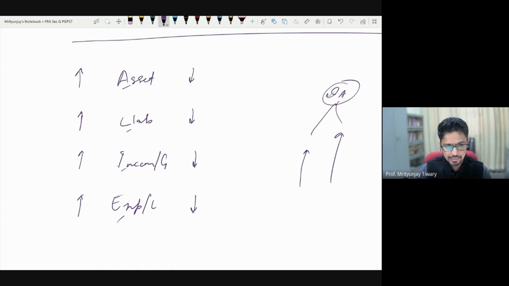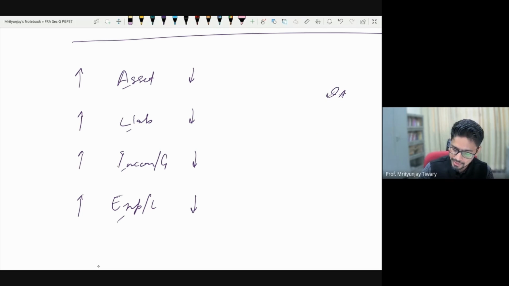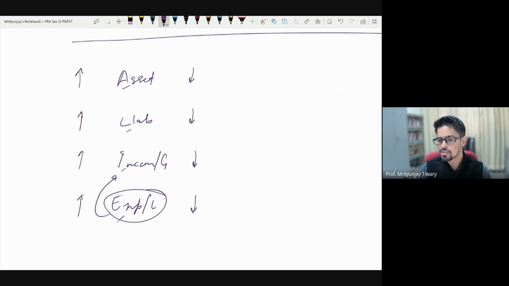We have already seen this in the accounting equation, but we will use it today once again a little bit more extensively. Now, if things look complicated, I will reduce them. To begin with, any reduction in an expense can be thought of as if it is income or gain. If your expense or losses reduce, then it is as good as talking about them as if it's a gain or an income. So I don't need this one. I don't need this one. So I'll get rid of this one.